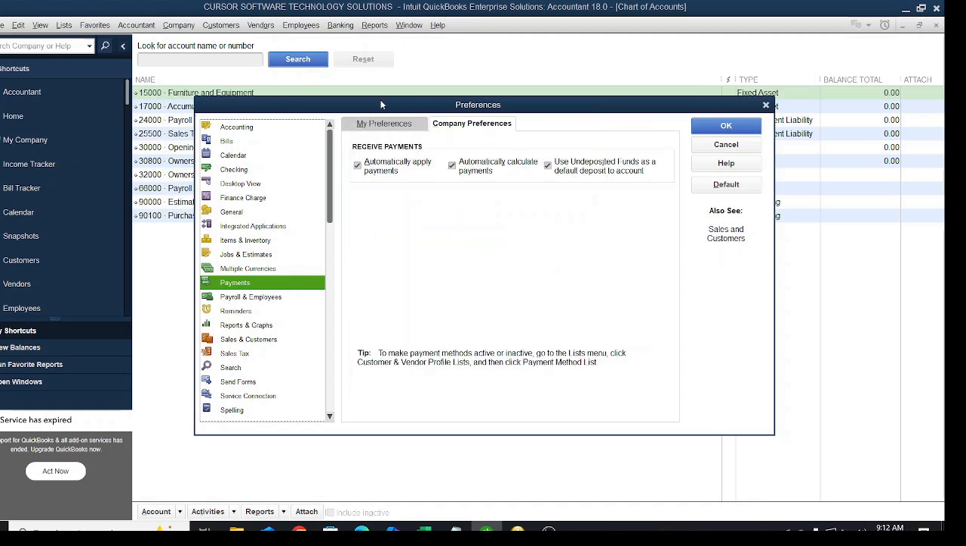Now payment. By default, all this area will be checked. Automatically apply payment, automatically apply calculation, and this one. Out of this one, which one are you going to work on? You will work on use undeposited fund and mark it away. What is the reason for this? The reason for this one is that